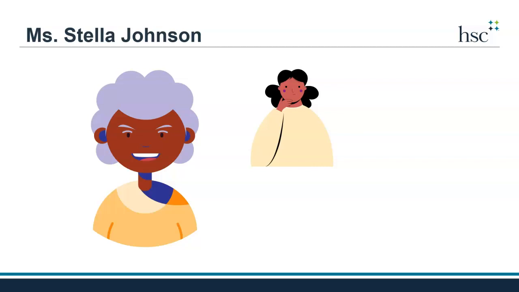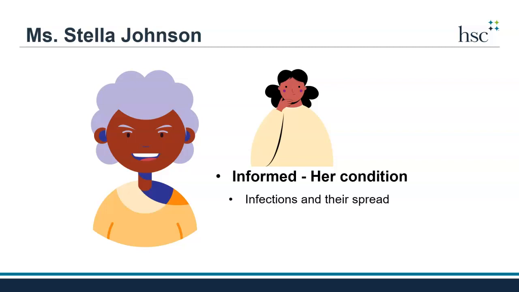So let's go back to Ms. Johnson, Monique's mother. Ms. Johnson has a right to be informed about her specific condition and why she is on antibiotics again. Ms. Johnson also has the right to be informed about common infections occurring in the nursing home and the facility's plan to prevent them. While age can lead to changes, including chronic conditions, older adults are not destined to have infections, and prevention and control measures are important to stop the spread. Infections can lead to serious but preventable outcomes.